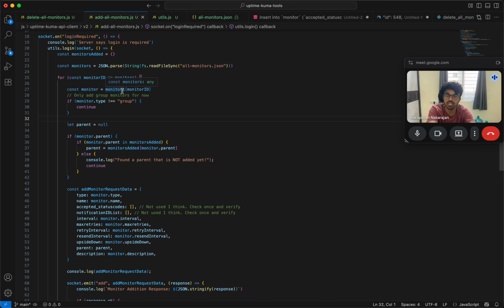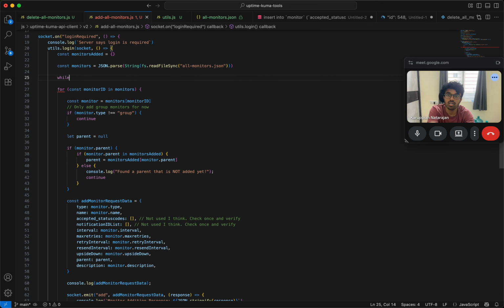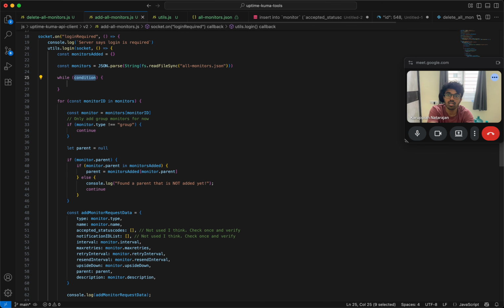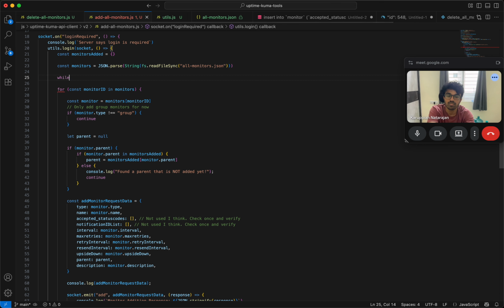Now I'm going to say something like, the length of monitors should not change. So for, or while, I'm just going to say monitors dot length is equal to